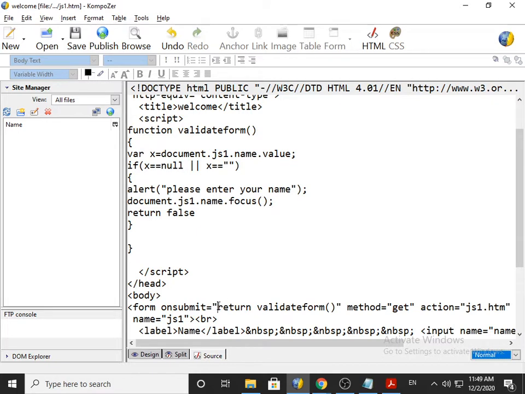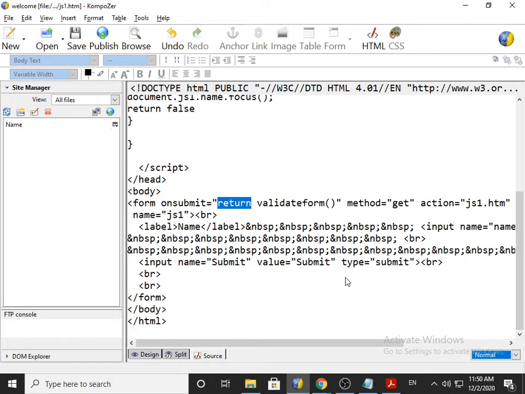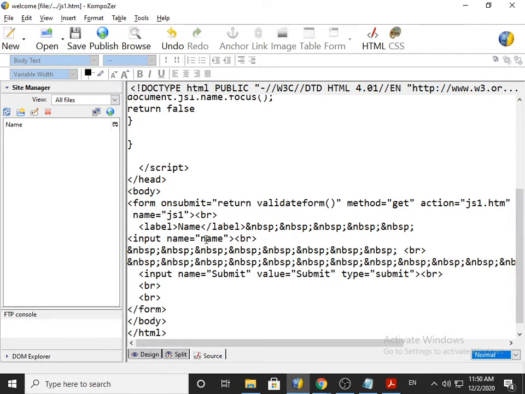That's why we mention return over here: go to the function with the intention to return. We already created one box whose name is name itself. The name of the box is name itself. The name of the whole form is JS1.